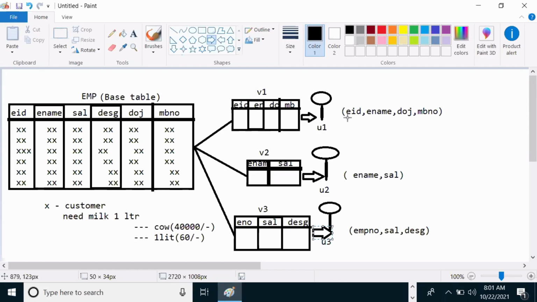Whatever columns he was asking for, only those columns' data they can see, but they can't see the remaining columns. So user 1 can see only the ID column, name column, date of join, and mobile number. That means this user cannot view the salary and designation columns.